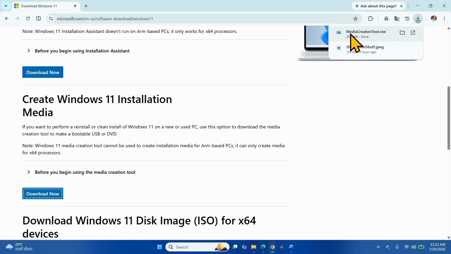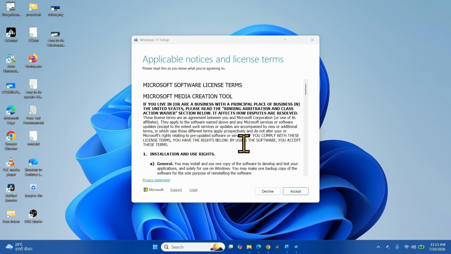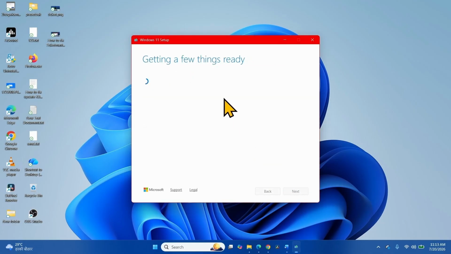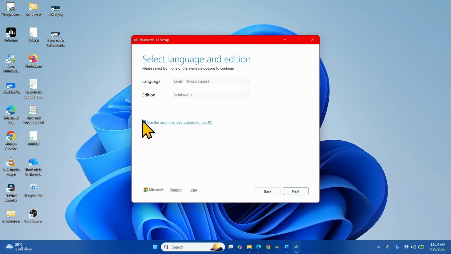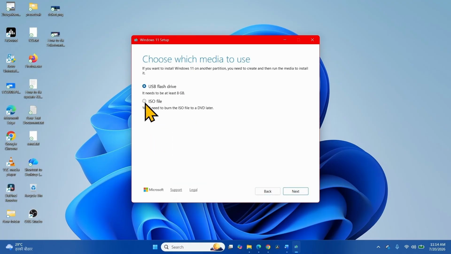Once completed, click on this tool, MediaCreationTool.exe. Let things get ready. On this screen, click on accept, uncheck this box and select the correct options. Click on next, select ISO file. Click on next,